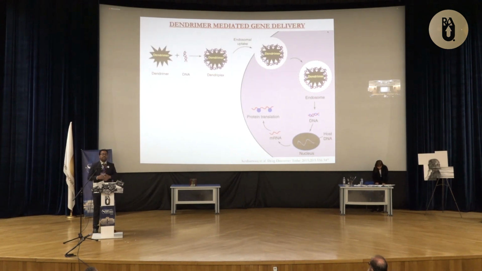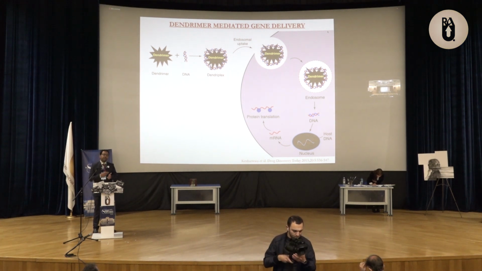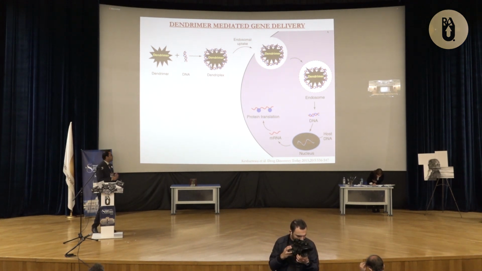Dendrimers are also useful in gene delivery. What is gene delivery? As we know, DNA and RNA molecules are very small, fragile and sensitive, so it is very difficult to make a stable compound of a gene. So we need some carrier by which we can make the gene stable. Because dendrimers have positive charge and genes have negative charge, we make a complex known as a dendriplex, and by the dendriplex we can increase the stability of the gene and easily do gene delivery using the dendrimer.